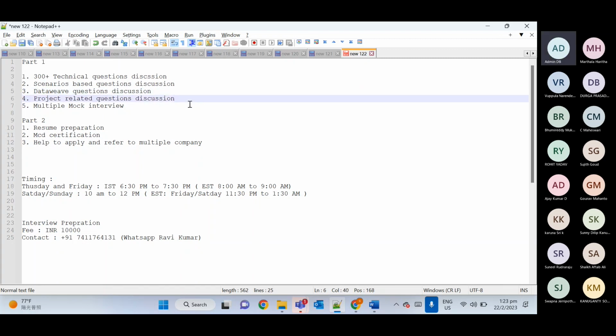Then project related questions. Definitely the company will have expectations. It's good to have hands-on experience in 2-3 projects. But many companies just want to see whether you have real-time project experience and whether you can survive in their project, since companies are not getting enough resources in MuleSoft. So they are okay with resources skilled in other technologies also. If they have learned MuleSoft and are able to do their project work, that is good enough.